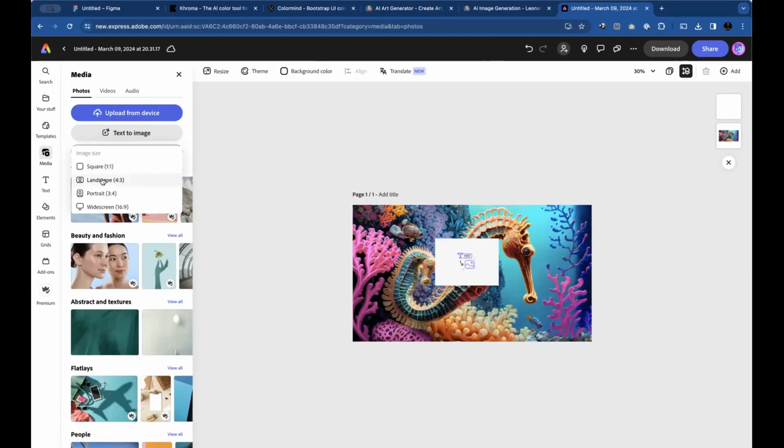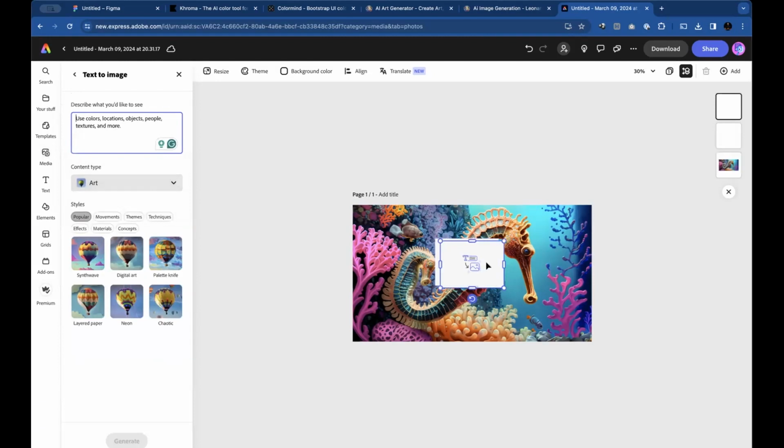So did it come up? Yes. So that's what you clicked on: square, landscape, portraits, widescreen. It's just the size of what you want to create. In Leonardo, that same thing is there, but there's predefined stuff already. So that's okay. Then you can now generate what you want to generate.